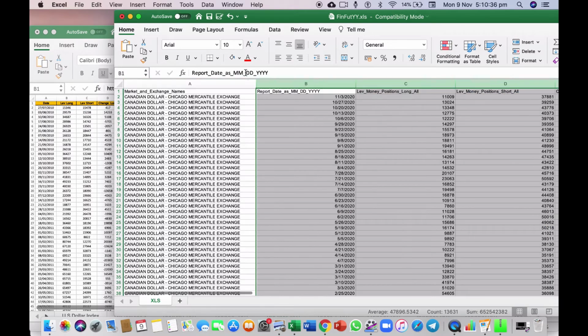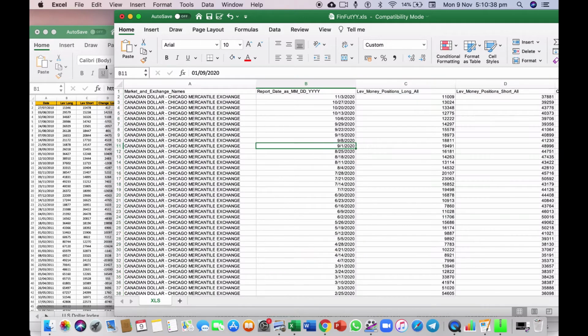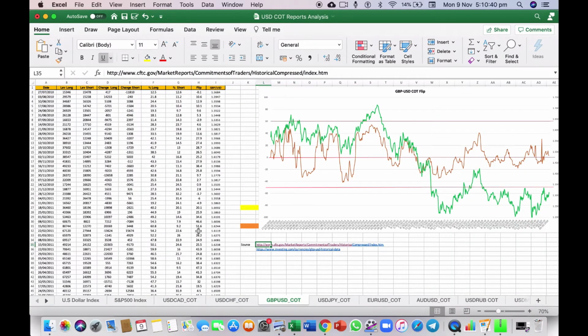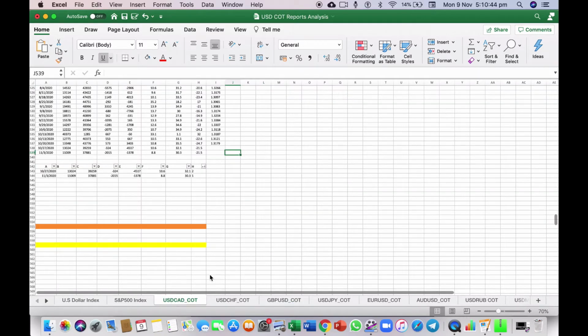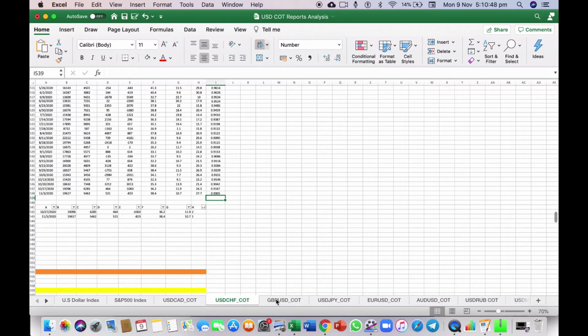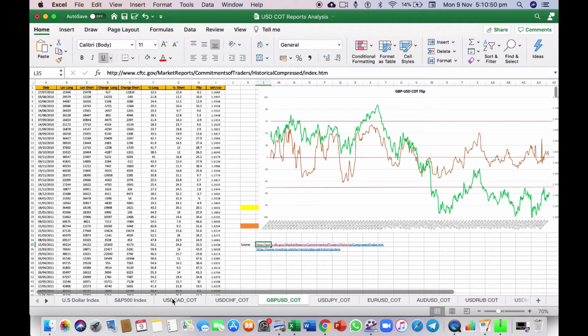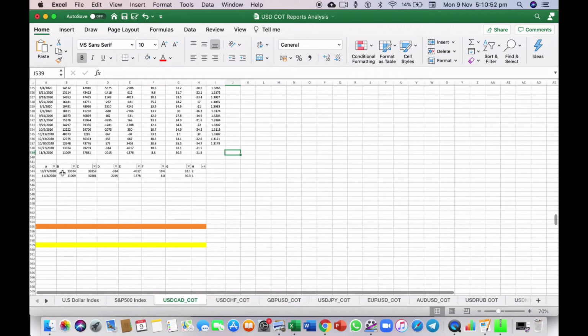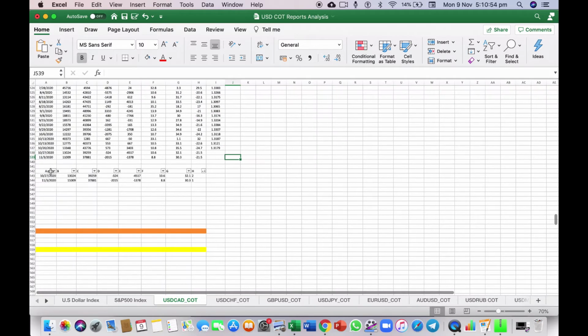So there we go. Now we have all of the currencies along here. We have the Canadian dollar, which we can see here. We have the US dollar, Swiss franc, and the pound against the US dollar. So if you want to download the Canadian dollar data, sorry, we want to download the